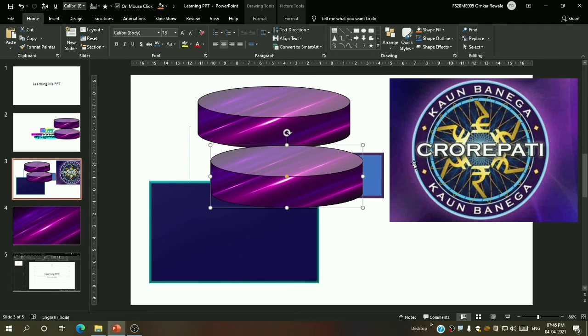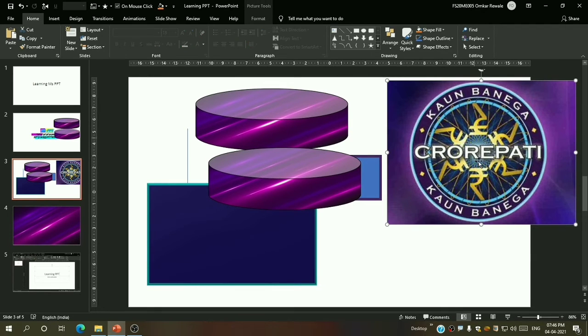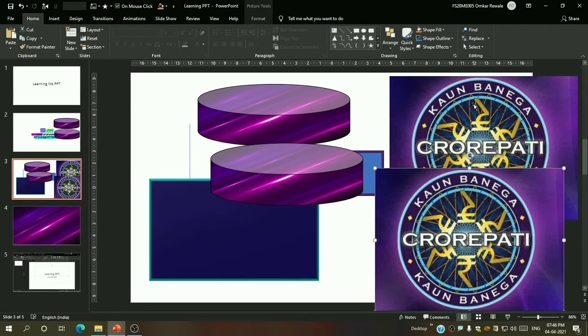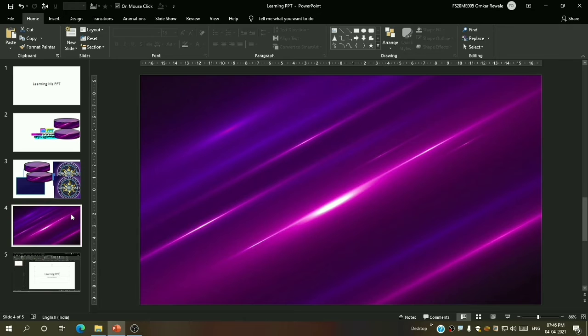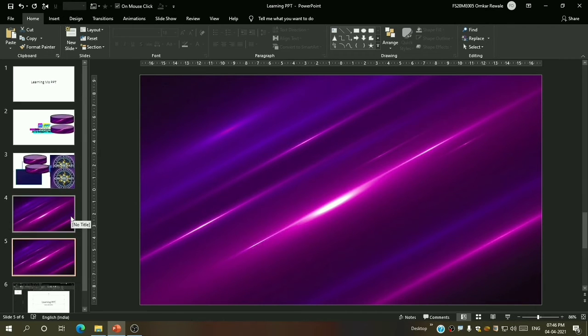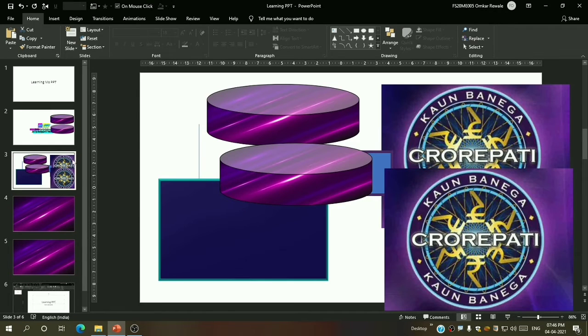Suppose I have to duplicate this picture, then I press Ctrl plus D. This picture also gets duplicated. This also applies to slides. If I want to duplicate this slide, I press Ctrl plus D and see, the slide is duplicated. So this is how to copy, paste and duplicate an image, slide or any shape.